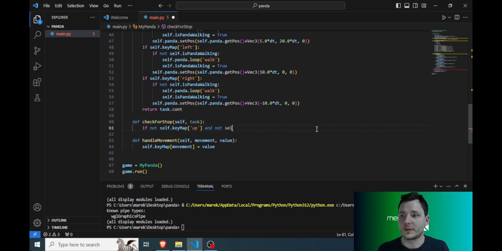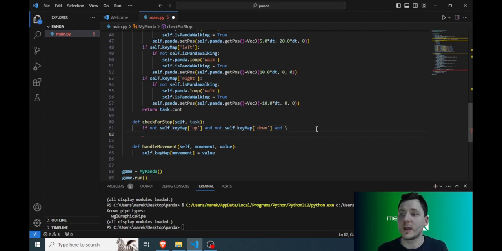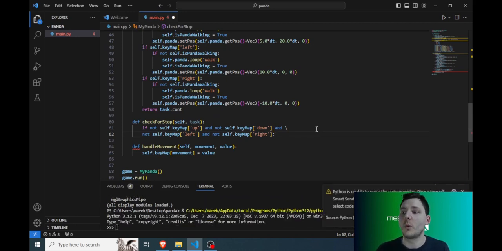And not self.key_map down, and not self.key_map left, and the last one is right, so self.key_map right. So basically I'm saying here, if all the movements, every single one, up, down, left, right, if they're all false, then I want